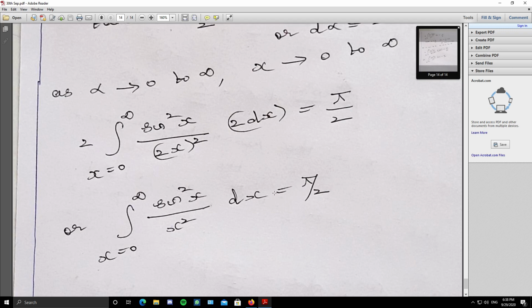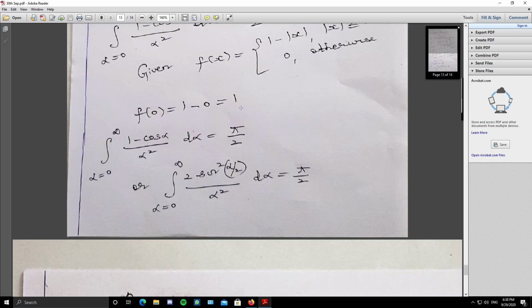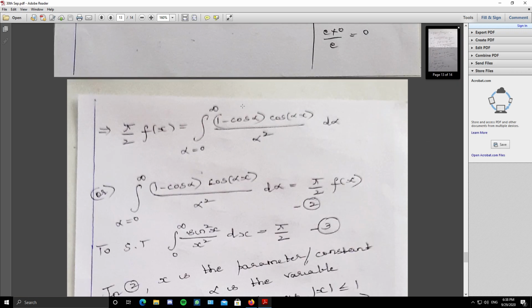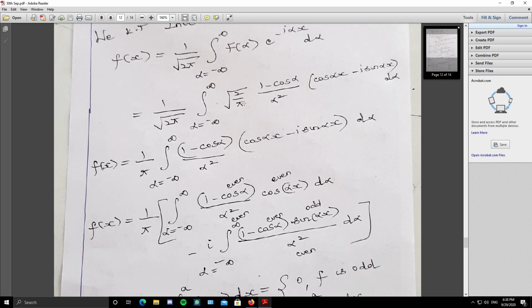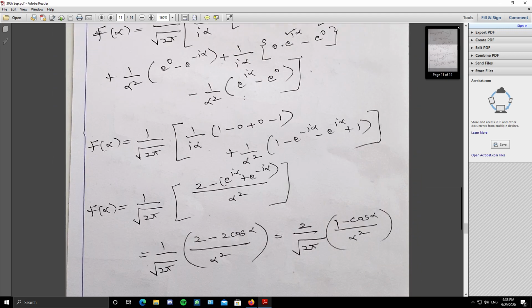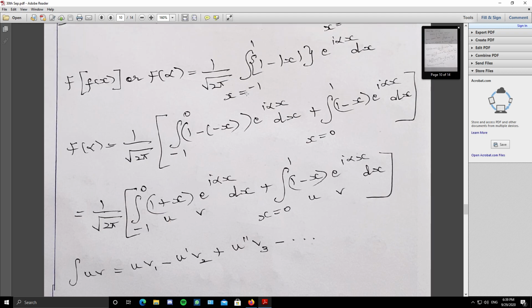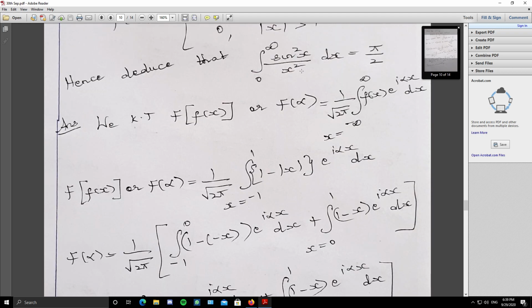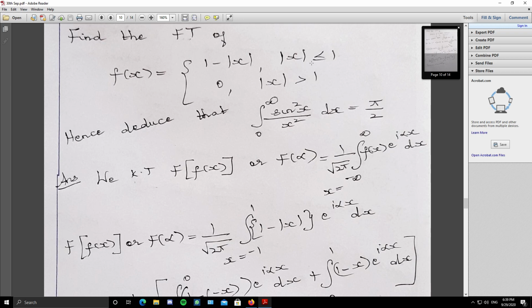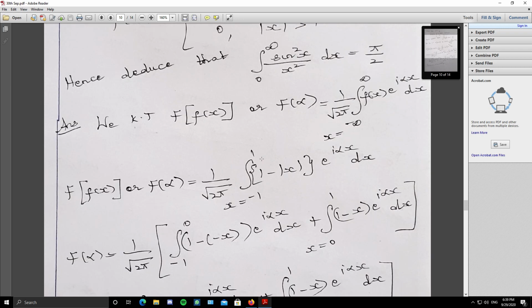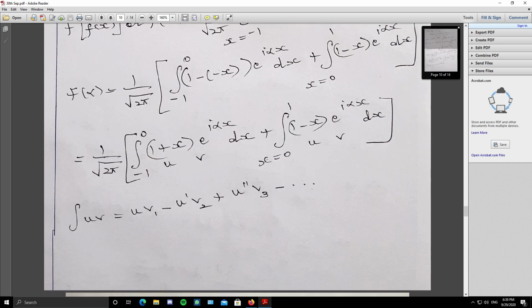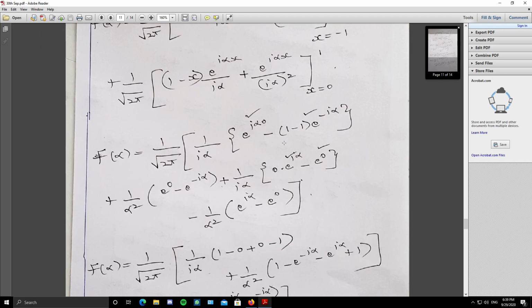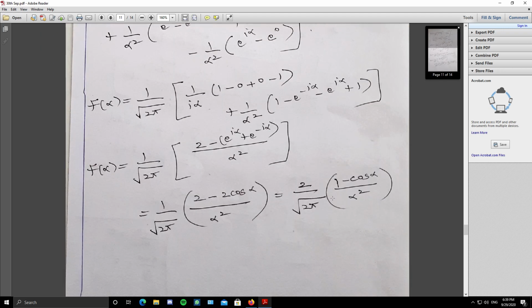So this is what we have to prove. We have got the answer. So this problem is very important. You practice. With practice you will find it easy. So first start with the definition of Fourier transform. Get the Fourier transform, and whenever you have mod x, make use of the definition minus a to a. So minus 1 to 1 we have used here. Even if you have modulus function in f of x, split the integral at 0. Then we have used Bernoulli rule. Then we have got the Fourier transform.